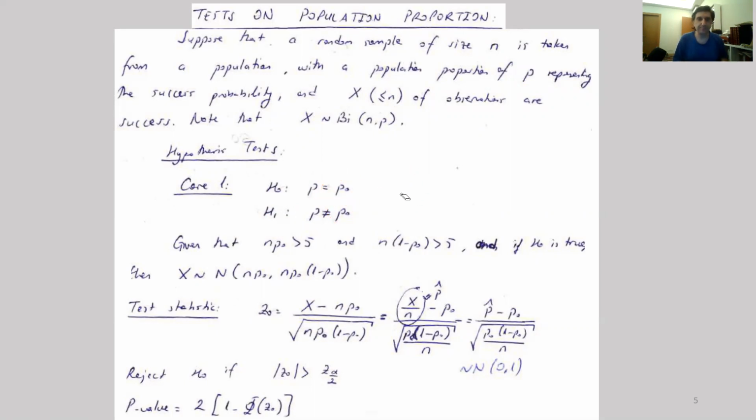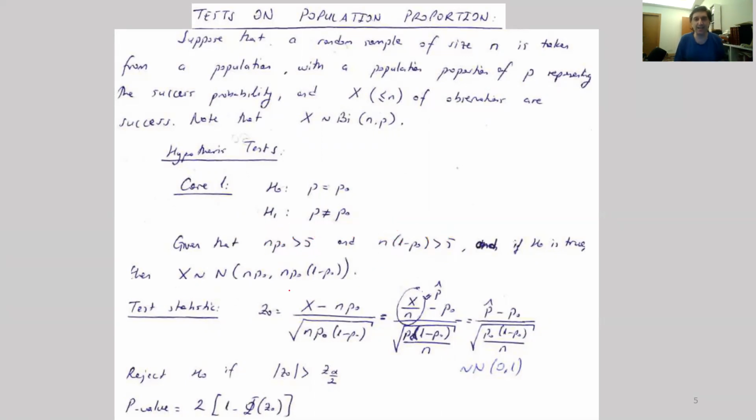For this case, if you recall from the confidence interval, the assumption that we used was a large sample size, the approximation of the binomial distribution by a normal distribution. This holds when you have a binomial distribution with np0 greater than 5 and n(1 minus p0) greater than 5. For most cases this corresponds to a large sample size, because if n is large and p0 is not very close to 1 or 0, these conditions will be automatically satisfied.